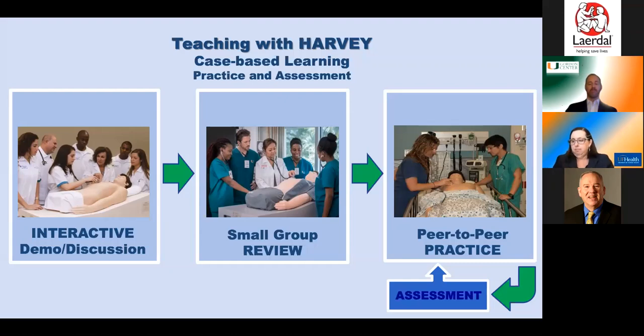We have a tendency to repeat the things we know well. So in terms of a learning strategy, the peer-to-peer approach works well. The same thing if you want to assess in that format. I will often assess the team groups together, and if one doesn't pass, they both have to go back and work on the remediation together. So I find it's a really effective learning strategy to use, and Harvey's very well adapted to that.